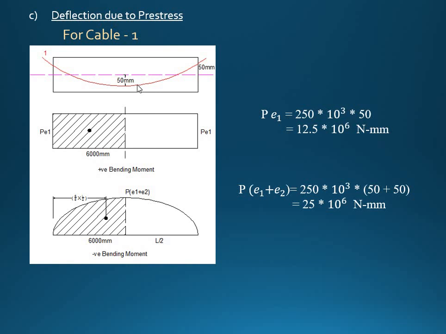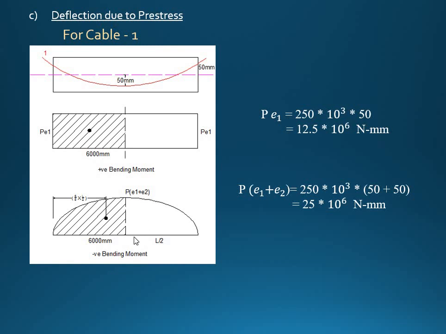If the cable is parabolic, obviously the bending moment variation will be parabolic, and you can observe the notation here. It will be a negative bending moment. As the cable is present below the neutral axis, it should be denoted by negative. You can write a statement like this, or directly you can write the signs inside the diagrams. For that,